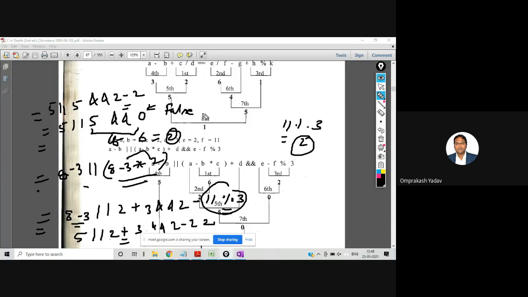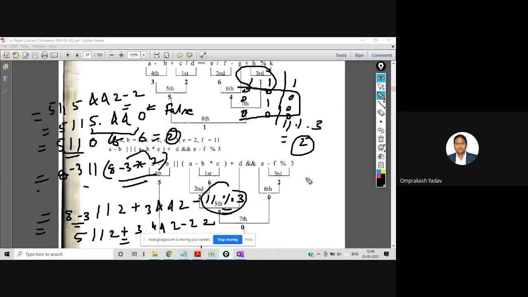I told you the table of AND: if any of the inputs is false, then the output will be false. So for example, for these three cases we are having zero output. Only when both the inputs are true will we have one. So this 5 and 0, where 5 is a true value but 0 is a false value, we'll be getting 0, and then the final will be 5 or 0.